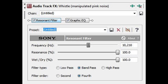Okay, and then second, make sure the resonance is turned up high. You see that in the middle, I've got it turned up high, and I've got full resonance on. Wet or dry, I've got it fully wet from resonance. Okay, some people might ask, what is resonance? Resonance is a really, really narrow but high peak, and we're sweeping that across pink noise, which is noise across the entire spectrum, heavier on the low end. Okay, so as it sweeps across that narrow peak, it actually makes pitch, so it's a whistle,